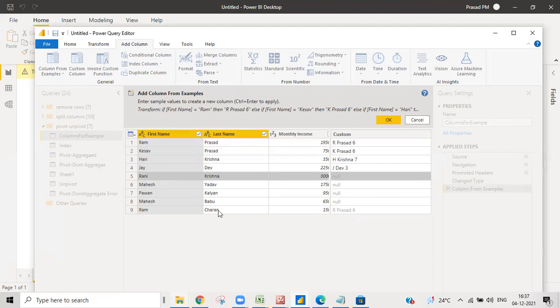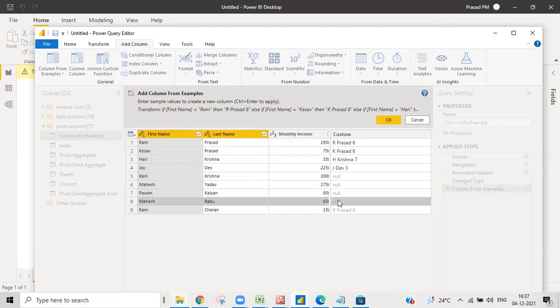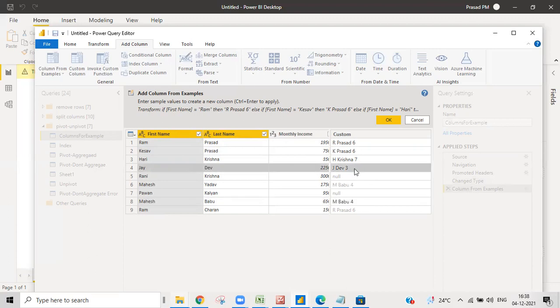Here it got that name, 6. So we need to write some other examples, like M space PABU space 4 maybe. So here no, it's not taking. Maybe it is facing some difficulties. In this way we'll try to give a couple of other examples, and then it will take that rather than writing the code. We can simply give the examples. It is easier to give the examples than to write the code. So obviously that is the easier way.